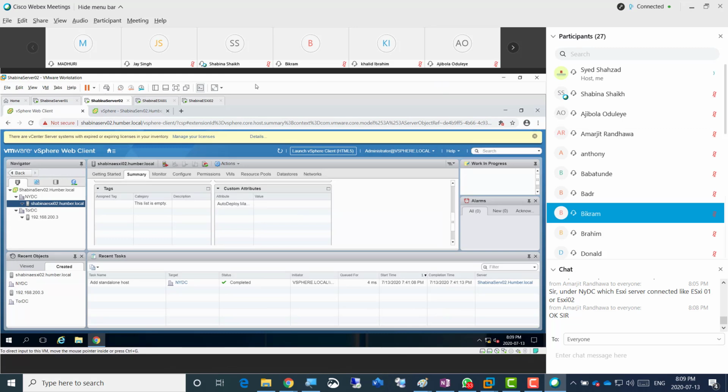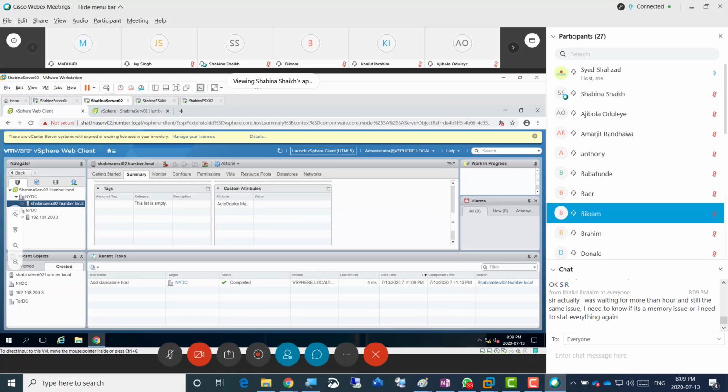And mastering all those troubleshooting issues and trying to have more options of troubleshooting, because there's a lot of trouble to shoot. Khalid is saying, sir, actually I was waiting for more than an hour, and still the same issue. I need to know if it's a memory issue or I need to start everything again. No, don't start everything again. Khalid, if it's more than an hour, then